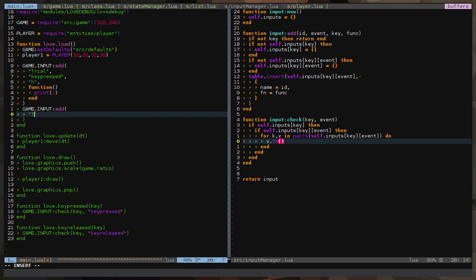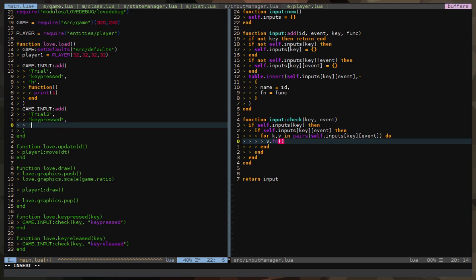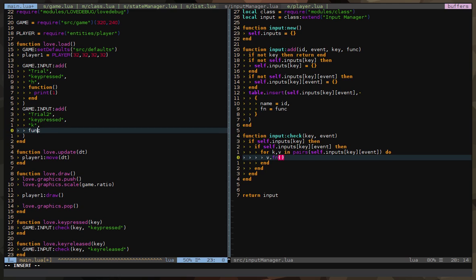So let's say trial 2, and if you make duplicate key names, it doesn't matter. Yes, it doesn't matter because we removed the assert function. So if you want to only have a single name for each event, you can basically put the assert function again there.